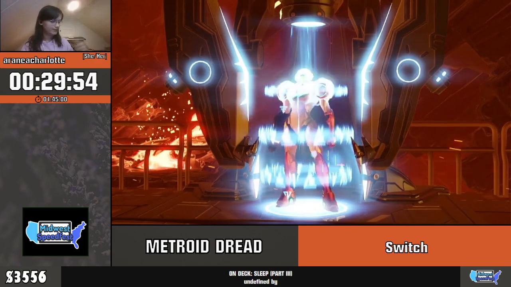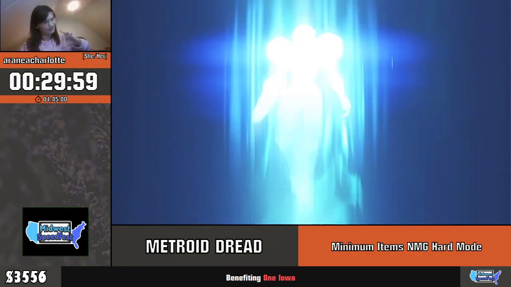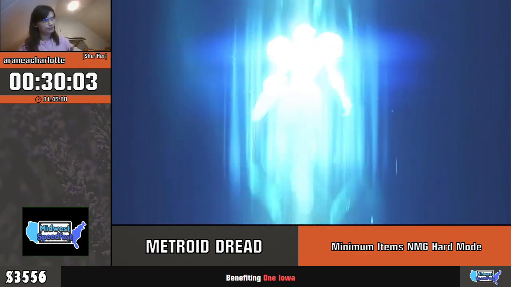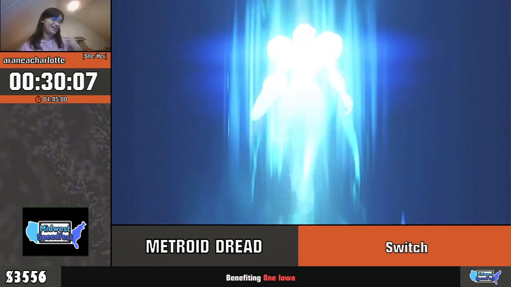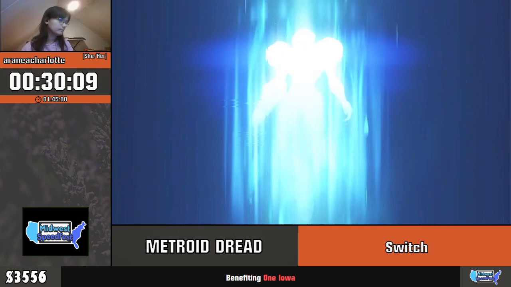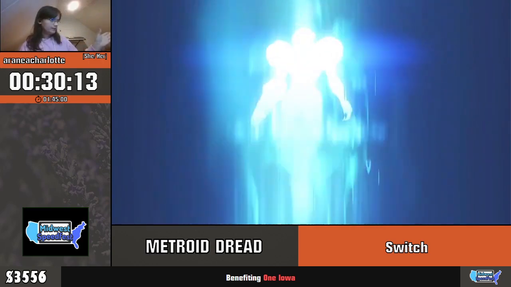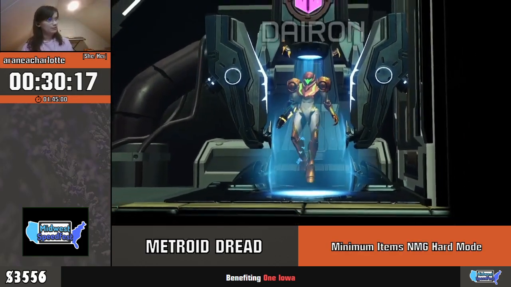So this next section, if you've seen any sort of any percent run of this game, it's going to be very similar. We're going to be getting the grapple beam, and the grapple beam is going to allow us to get bombs early, and then we're going to use the bombs to go to Brinstar and not get flash shift. So that'll be exciting. The early grapple is a kind of test of your ability to do a technique called